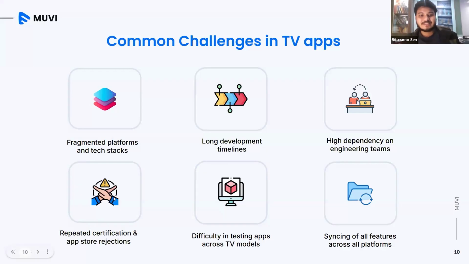This is a really big challenge that I hear our customers have gone through many times. They come to us and say that repeated certifications and app store rejections are the core reason they stopped building their apps for TV. It's easier to build for a huge customer base, like the Android and iOS customer bases, but it becomes significantly more difficult to manage the certifications and app store rejections of big stores.